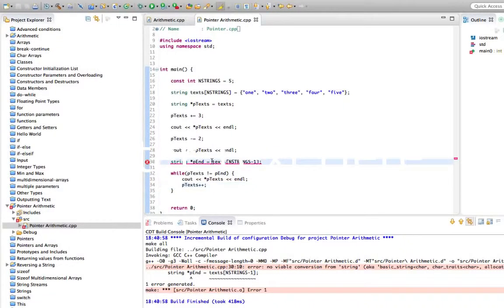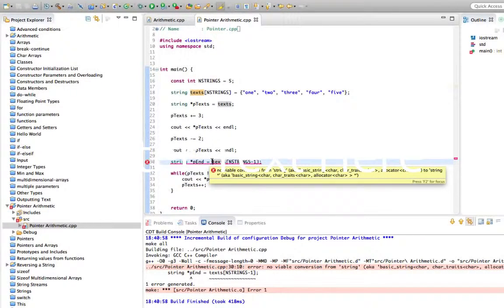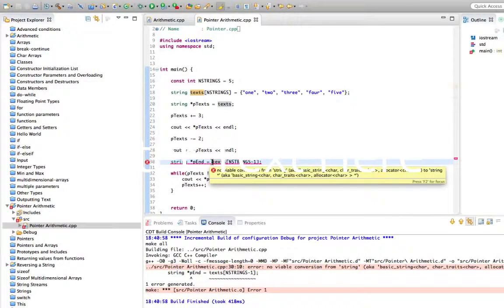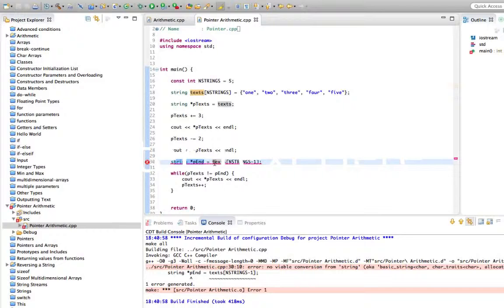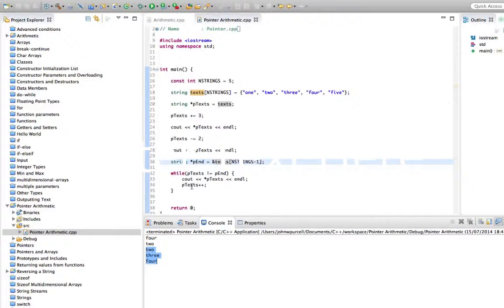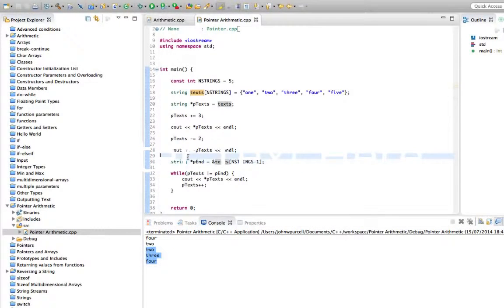Oh yeah, I forgot to take the address of it. So yeah, that would actually give us the last element in the array, but we need the address of that element because this is a pointer. So let's just put the address symbol in there, and now we'll try that again, and hopefully that will work. So we get now 234. Well, this is a little bit confusing